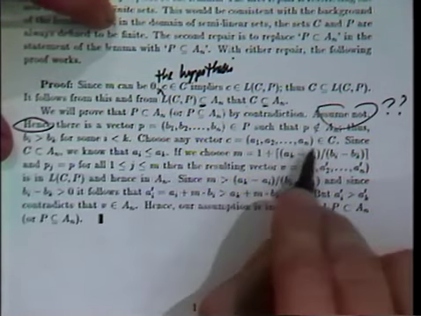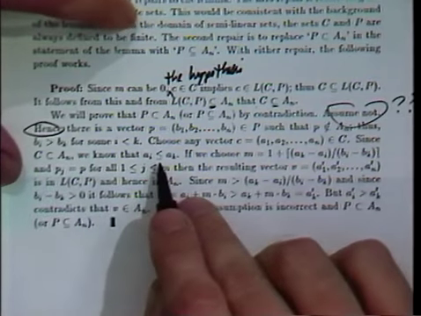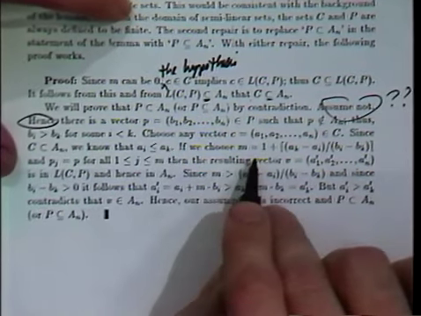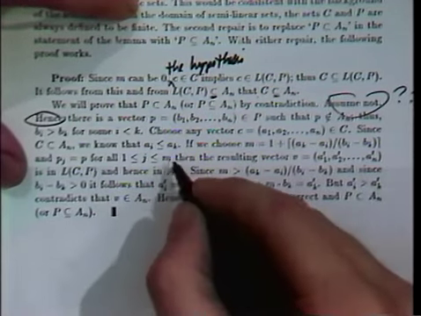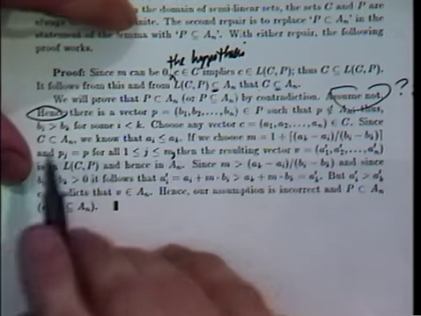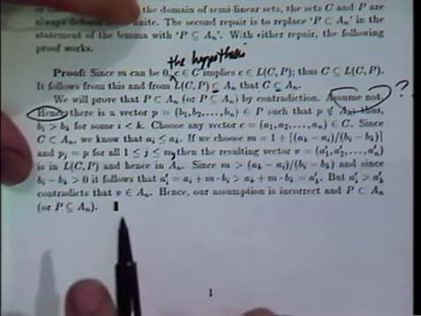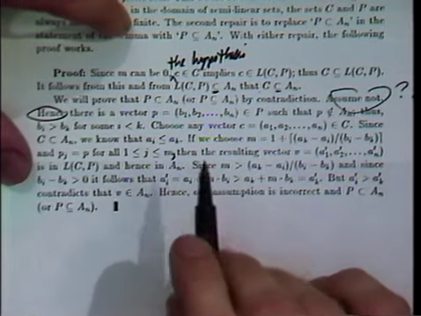Choose any vector c in C. Since it's a subset of A_n, we know that a_i is less than or equal to a_k. If we choose n equal to this number here and p_j, for comma, I would put a comma here. If I have a sentence starting with a long clause, I definitely want a comma for breaking. The n tells you the next thing starts. Yeah, but I still want a comma.